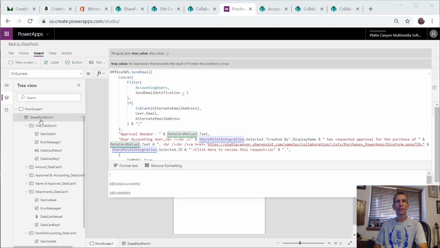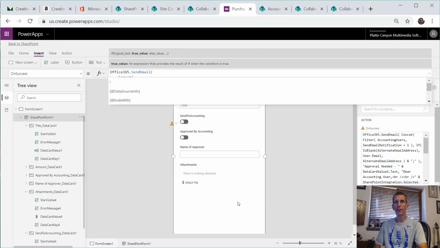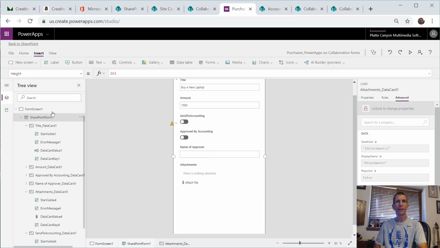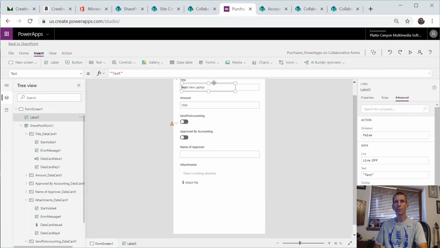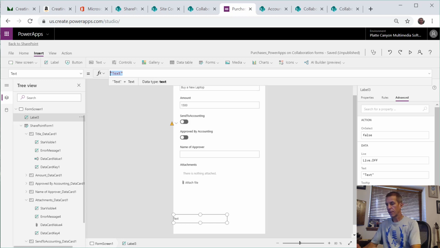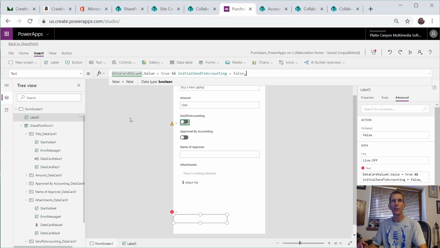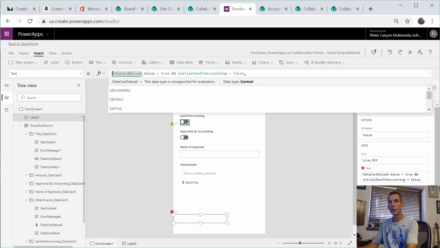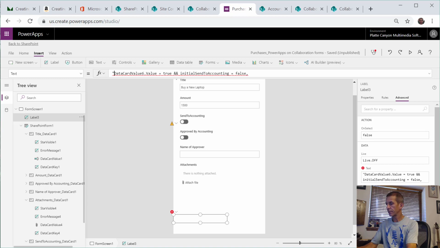So I'm going to go back to our form. So right now it's sending an email no matter what on the save. And then, so let's see if we can figure it out together. So notice I deleted that label that I had. So let's put it back in, throw in a label, and let's just say, okay. And I'll just paste that in. So we'll say,